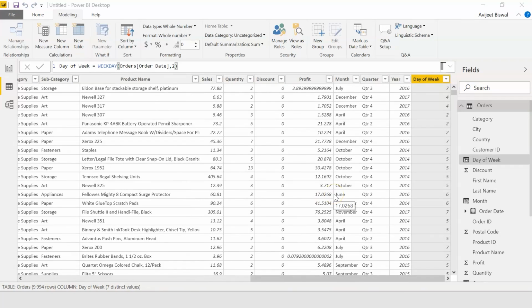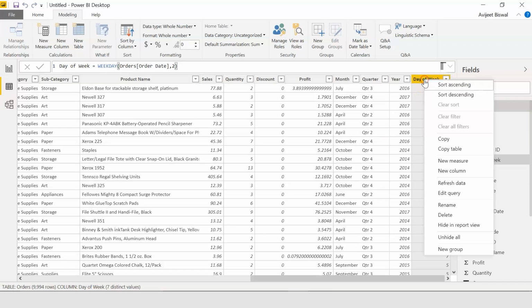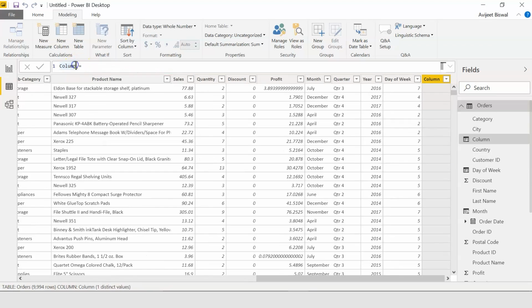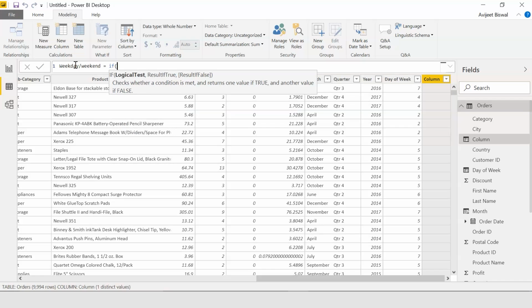So the idea to create this day of week column is to find out if the order was placed on a weekday or a weekend. Now let me go ahead and create one more new column. Let's name this column as weekday or a weekend. I'll use an if clause and pass in my parameters. For logical test, I'll use the day of the week column.